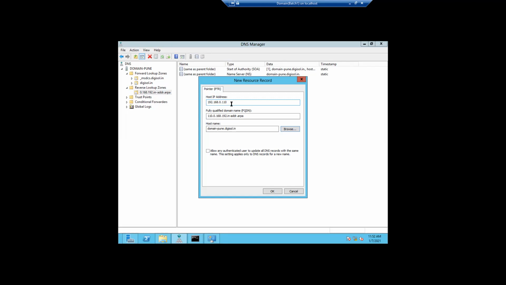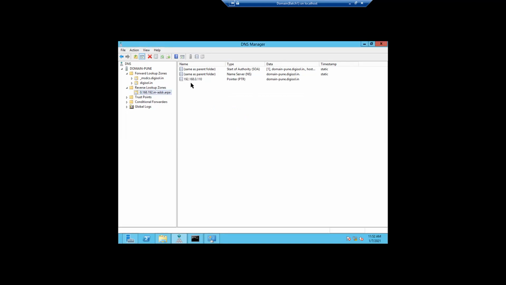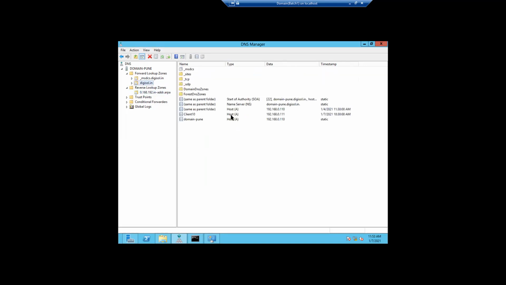The name is also the same, domain-Pune digisol dot in is also correct. So I will update it. I can see this record is created. In a reverse lookup, we call it a pointer. In forward lookup, we call it a host record. This will be covered in the DNS module also.